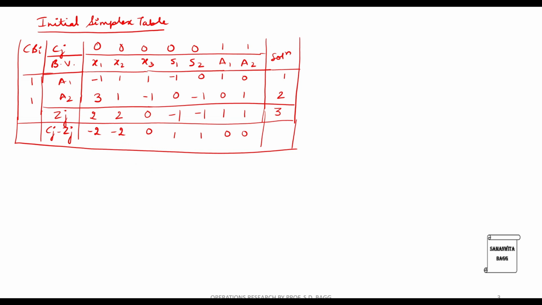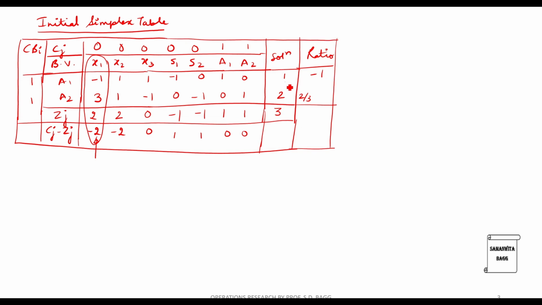Now it is a complete choice of the person who is solving the problem as to which variable you want to hold as the entering variable, x1 or x2. It is your choice. Let me assume x1 as the entering variable because it is the first one. So I'm just randomly assuming. You can take x2 also and solve. Now add the column of ratio. How do you calculate? 1 divided by minus 1 is minus 1. 2 upon 3 is what you get here. We are not considering the negative value. So what we will consider is the positive one. So A2 will be the variable which is leaving the solution.